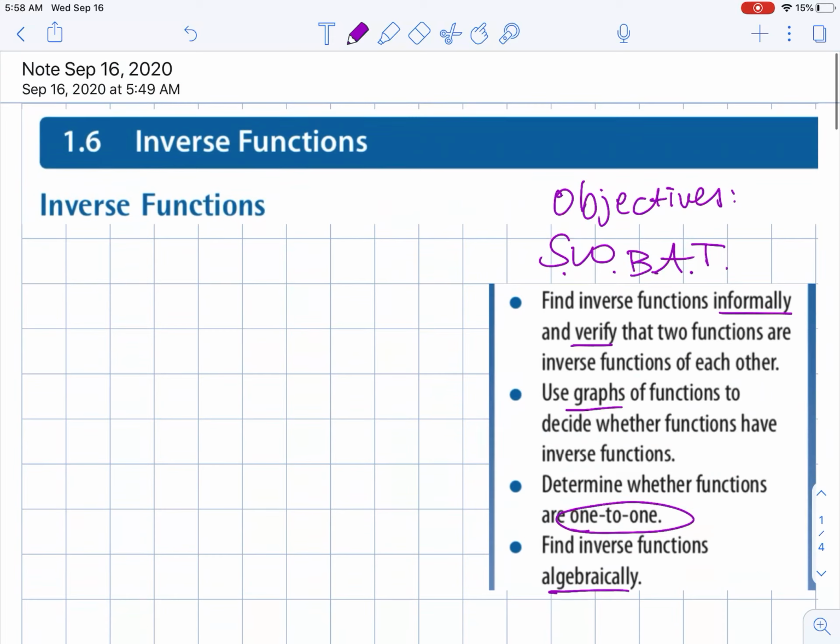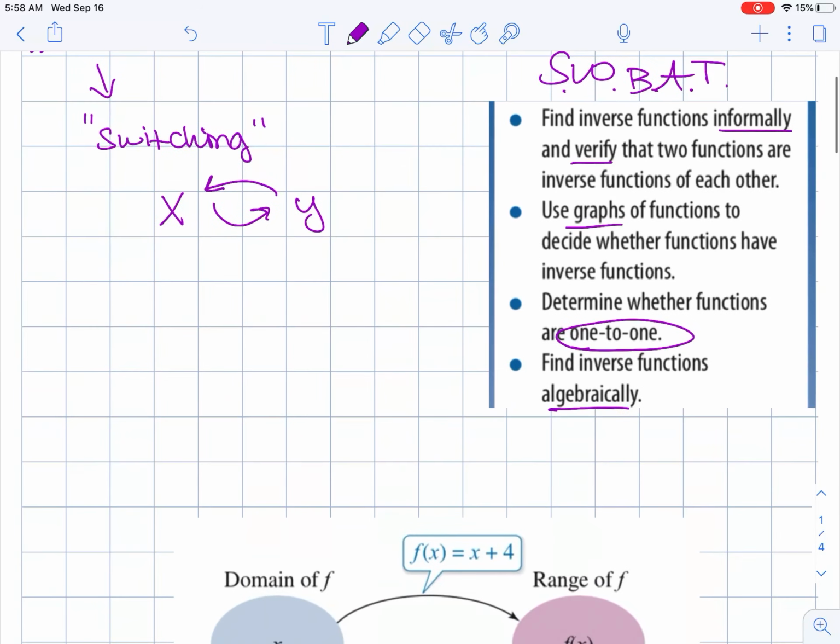So let's get started. So inverse functions, basically, the thing that you need to know about inverse is we're basically switching the value for x and y. Okay, so in essence, if you have a graph that looks like